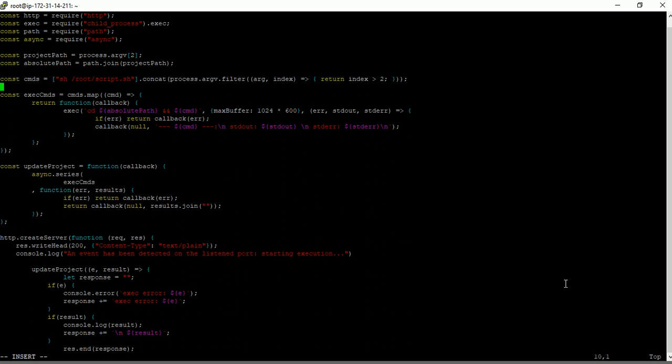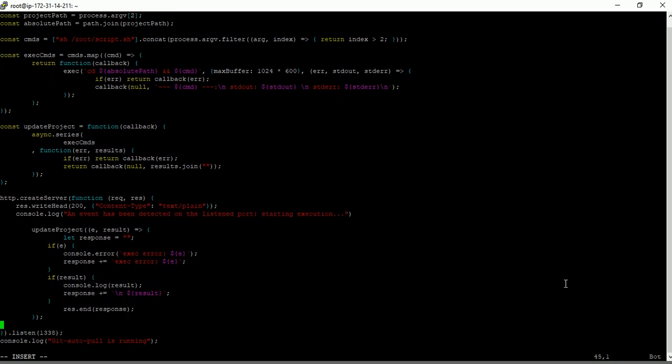Next, go to the bottom of this code. Here I have to mention the port number. The server IP will be taken automatically, but you have to mention the port. You can mention any port, 80, 90, any port, but it should be free. I'm using 1338 here.